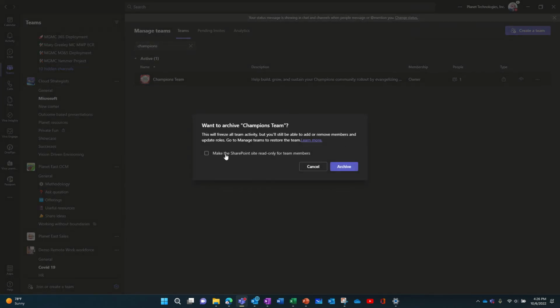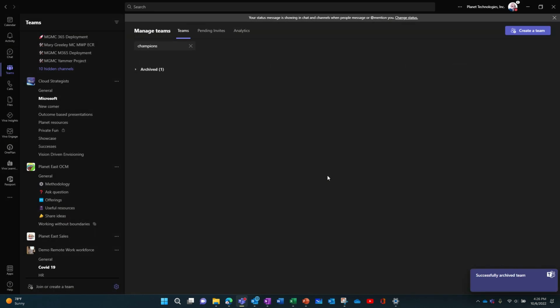It's going to ask me, do you want to make the site read-only? Because behind the team there's a SharePoint site. Yes, sure. I don't just want to block people from posting. I also want to block people from modifying documents. So don't forget to check this box. I don't know why it's not checked by default. It should be checked by default. That's my opinion. And then you click archive, and then